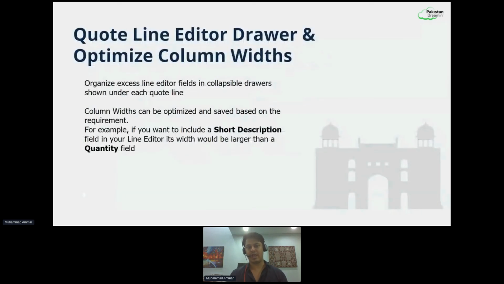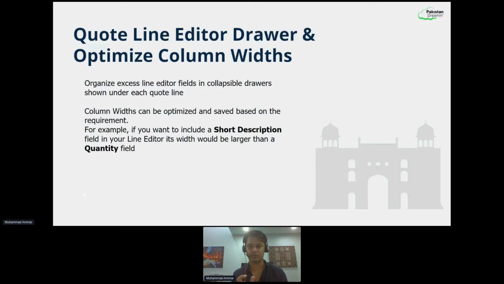Code line editor drawer and optimize column width. So optimizing column widths basically provides you this functionality of saving whatever column widths that you set. So let's say you've got a short description field that you want to include in your code line editor. Obviously, that field should be a little wider or a little larger than a field, let's say a quantity field